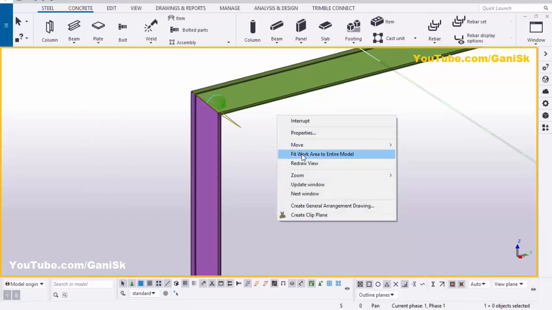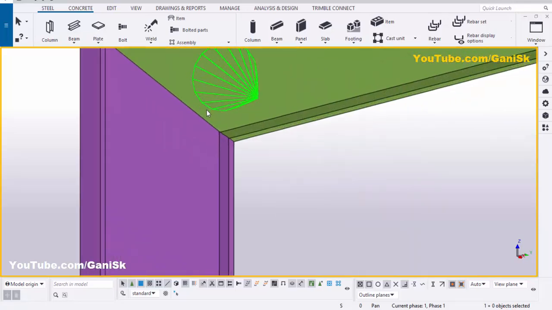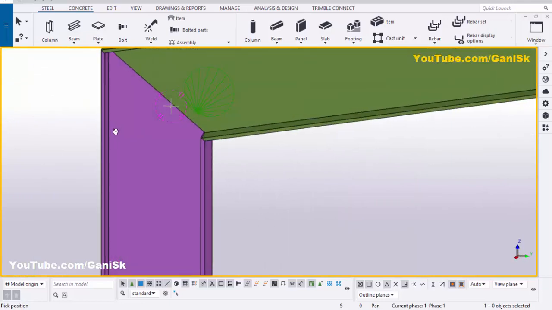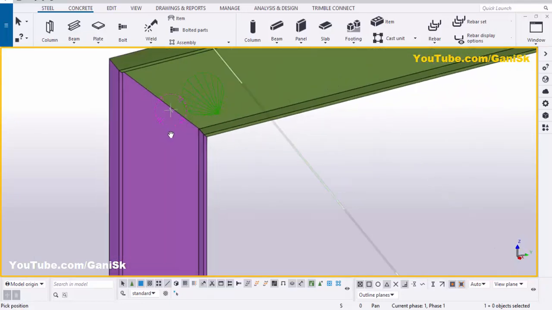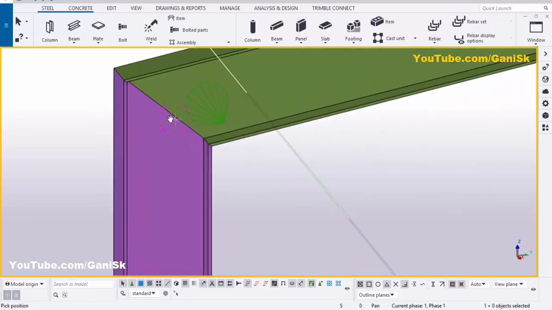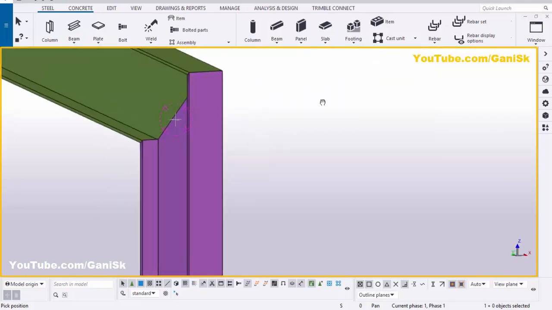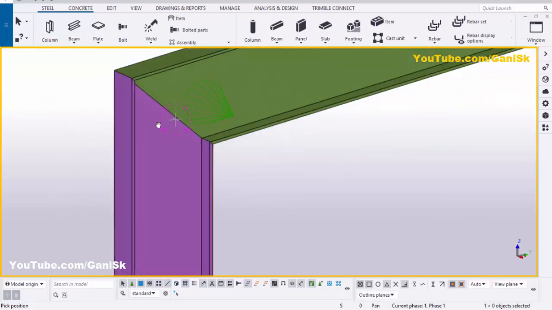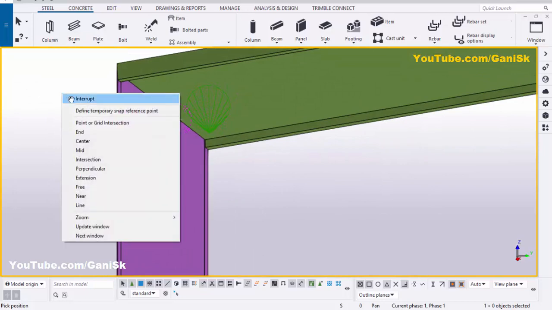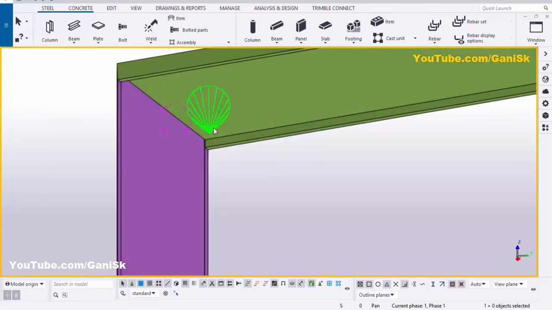Click on space, right click on mouse, review. You can see by default we don't have any connection, but we have tapered cutting between column and beam like this. Now we need to create the connection between column and beam. So right click on mouse, interrupt, double click on this component symbol, this green color cone, double click on it,